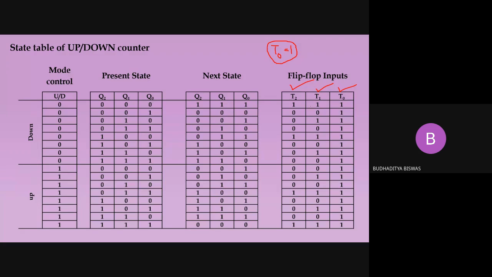And remember one thing: if the expression contains some zeros, like the expression of T2, and suppose in the expression of T1 also some zeros are there, then if the particular column of the inputs contains some zeros, we have to do the K-map to find the expression. But if all the rows of the input are either 1 or don't care, then without doing the K-map we can find the value, and that should be 1, because it will fill all the cells of the K-map. So this is the maximum bigger group, and its value is always 1.